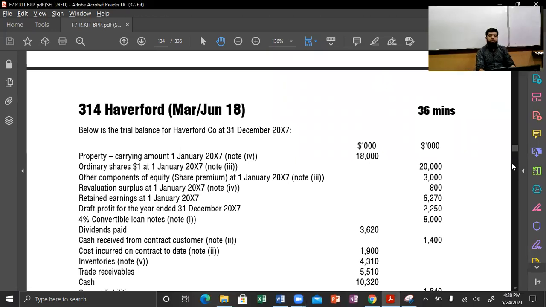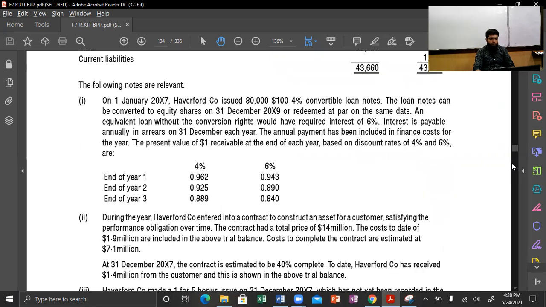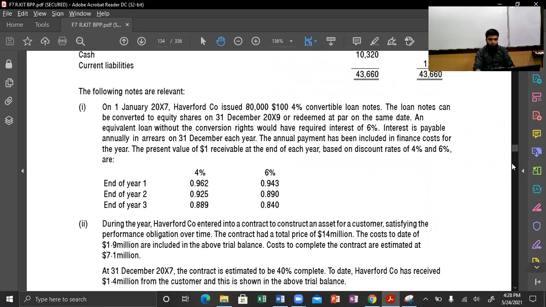Okay, Bismillahirrahmanirrahim. Let's start with the question that is Harvard Ford Company June 18 question. That is a question for final account. Let's read out the question and the requirement of this question, and we are going to solve this question in